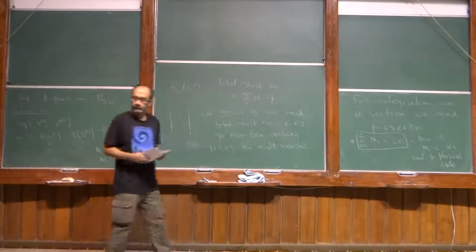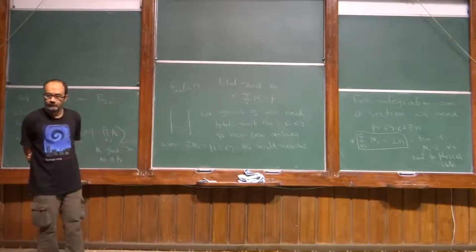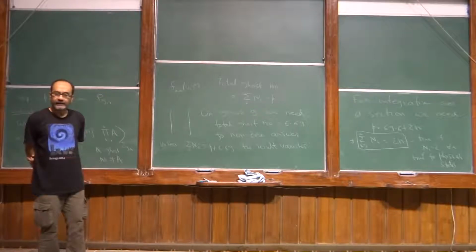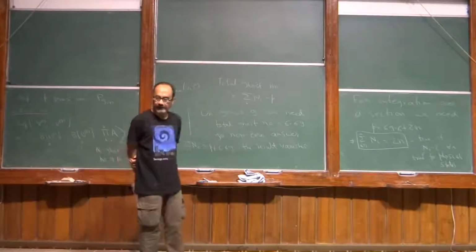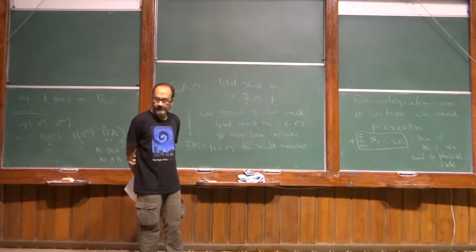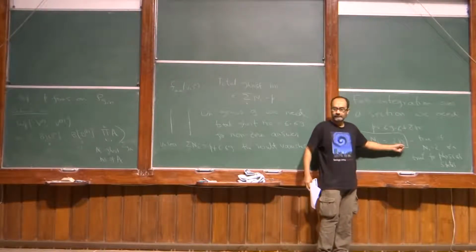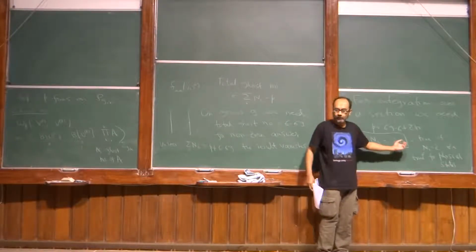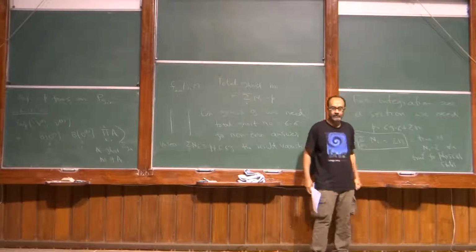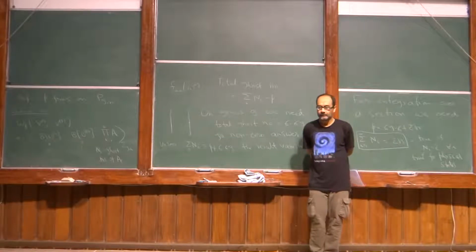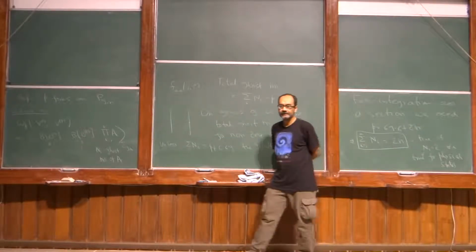If p is anything but 6g minus 6 plus 2n, then this amplitude should vanish. If p is 6g minus 6 plus 2n, then it will be non-zero. It will still be non-zero, provided the ghost numbers of the external states add up to something which is appropriate. Is this clear?